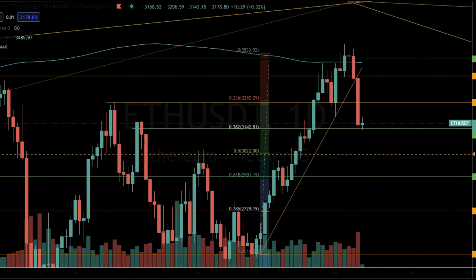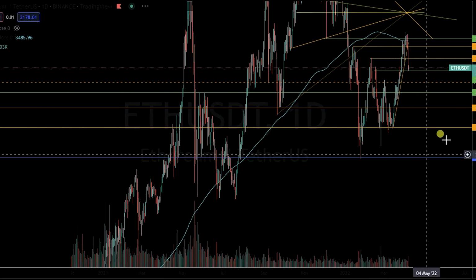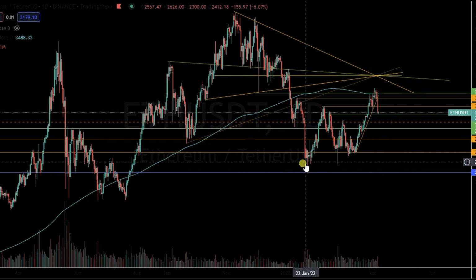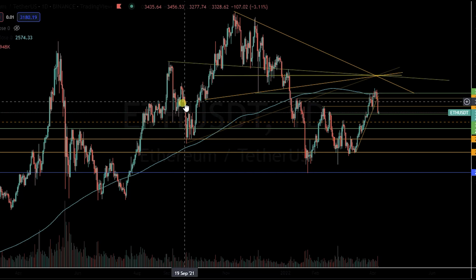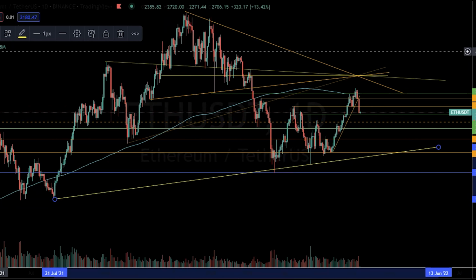And when you look at the bigger macro pattern of crypto, you have to really be aware that there certainly is a big pattern at play. And what is that pattern? Well, if you look at this topping formation, one can argue that this is called a head and shoulders or an M-top. You had an initial one that triggered here and broke down and you had your initial sell-off. But now you're potentially forming an even bigger one. One could argue you can have this as a left shoulder now, and you can have this as a right shoulder that's forming. And if you trigger the neckline, which just so happens to be roughly around there, you measure the downside move